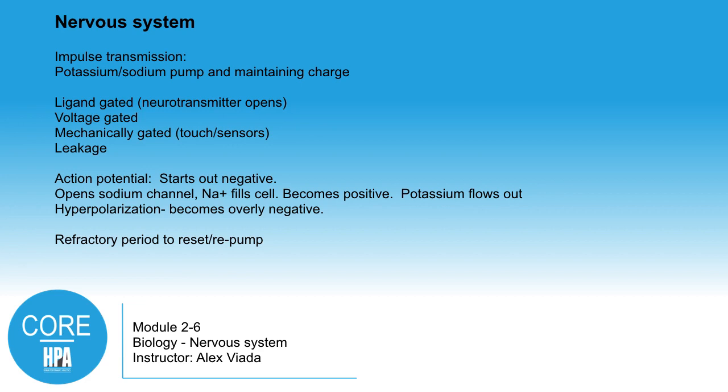Those are one-way gates. When you want to actually have the neuron fire, you need to open those gates. Because what happens is, when those gates open and all the sodium flows in, we'll talk about that in just a second, that's how you get this sudden depolarization burst of electric or charged energy. There are a couple different ways to open that gate.